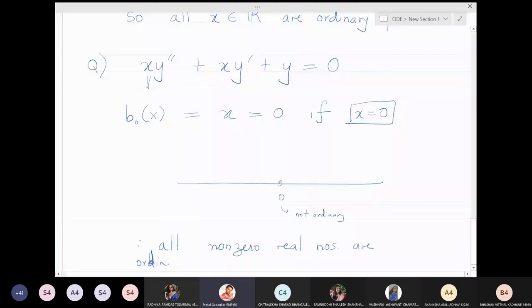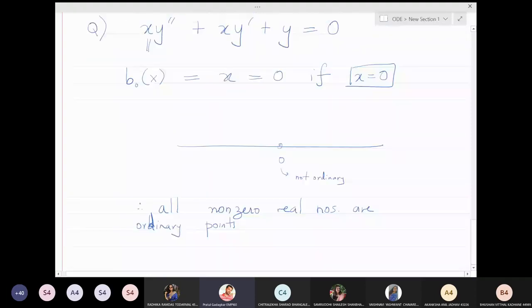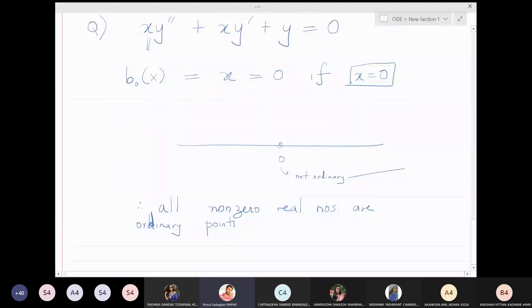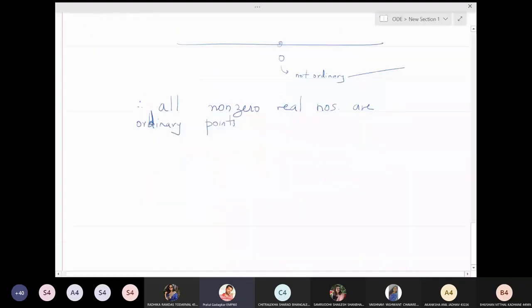So we should really give a name to such points which are not ordinary. And what are such points called? Such points are called singular points. So that gives us the definition of a singular point. What is a singular point? x naught is a singular point of the above